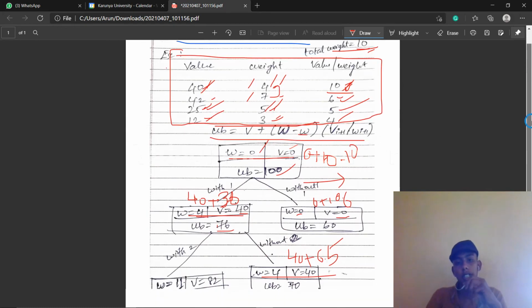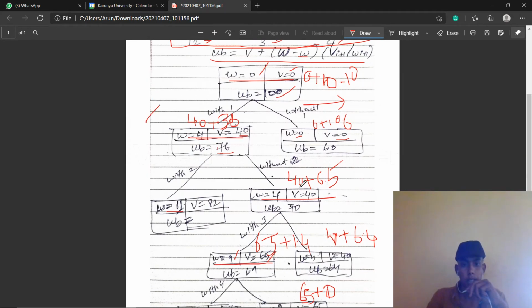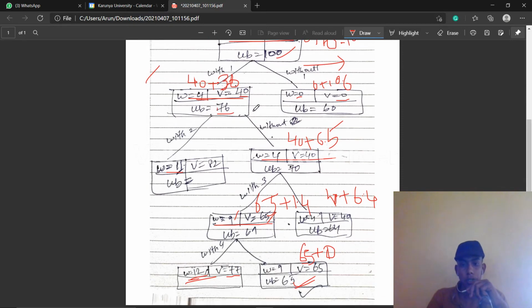Now you have checked that we are taking the first node, the second node we have left, that is without 2, and the third node we are taking and the fourth node we are not taking, so the code is 1, 0, 1, 0. Now check which is greater.